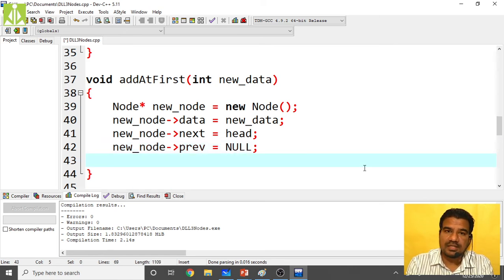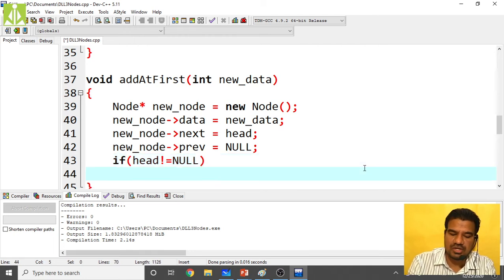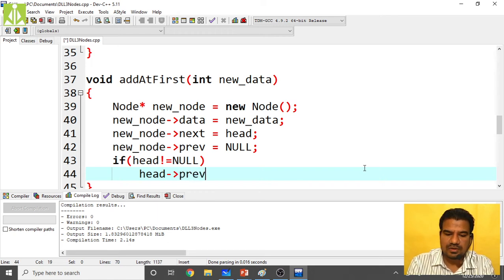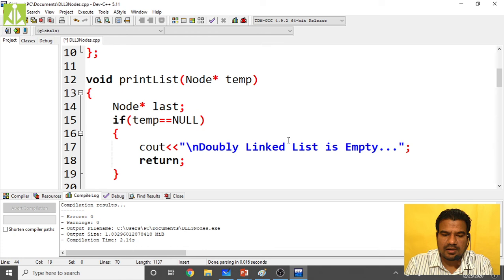But before making the third step, that is making head of previous pointer as new node, we have to check whether head is null or not. So if at all your head is not null, then only make head of previous as new node. Head is not accessible here. Why is it not accessible?